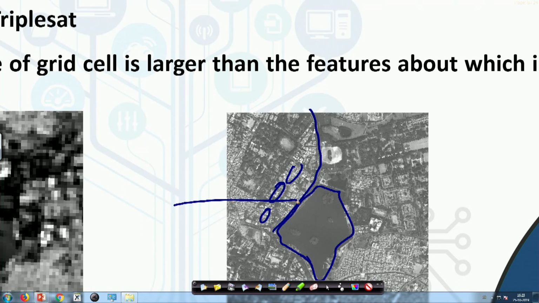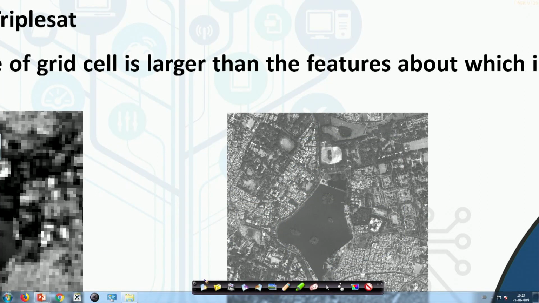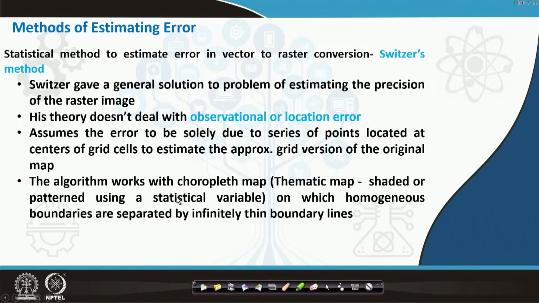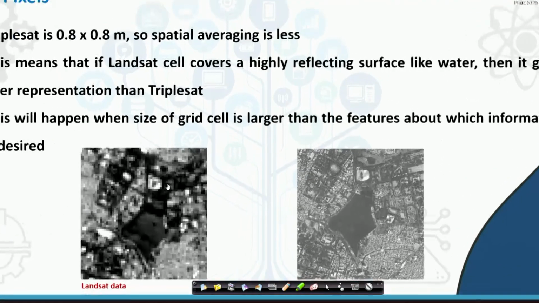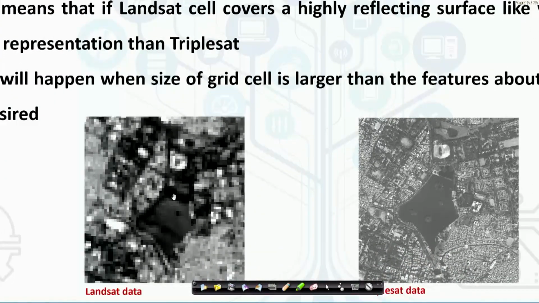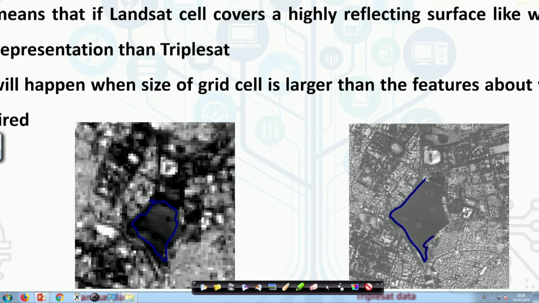Similarly, when I look at the same image in the Landsat, if you look at this particular region which I am pointing out, the same image is shown in a very different way. You cannot even identify the boundary of this particular water body. This is probably an approximate boundary of this water body, whereas here you could have drawn the exact boundary with exact details of this water body, right.